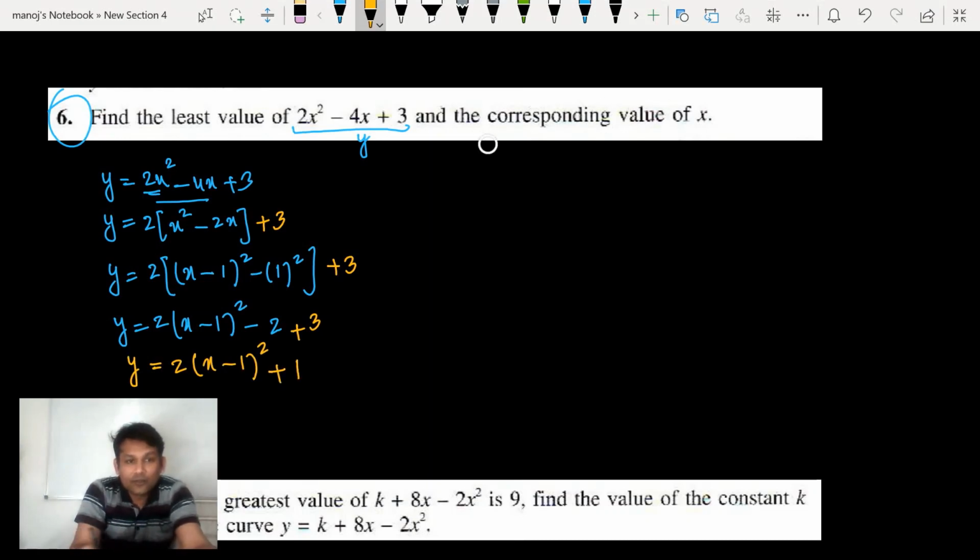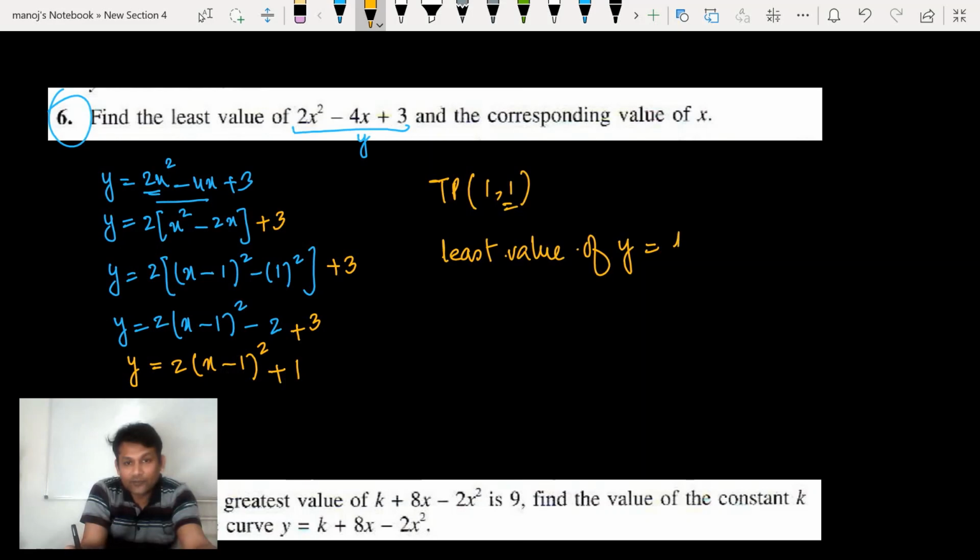Now, least value, the turning point. What is the turning point? The turning point is 1 comma 1, and the least value is always the value of y. The second value, this is 1. And the corresponding value is x, and that's it, done. Next part,